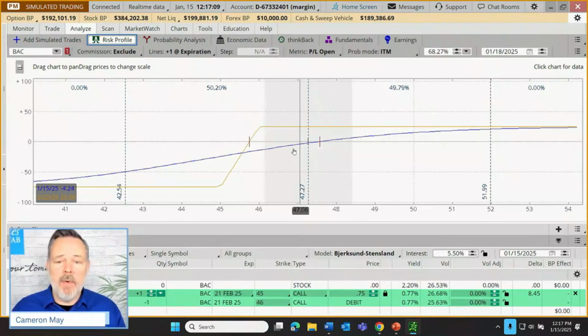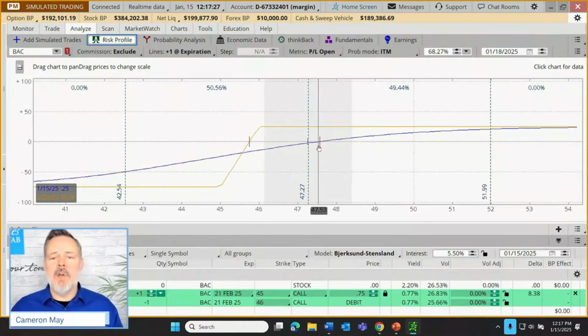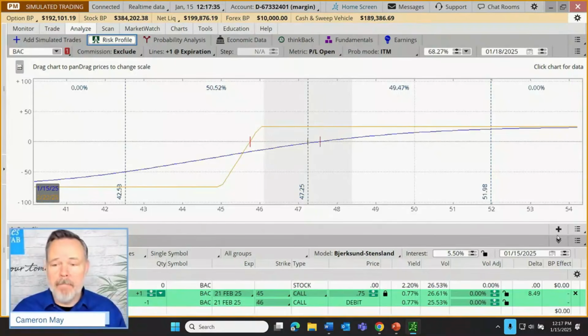What if the stock were to fall today? Well, let's say we drop down to 46 bucks. Now we look at that little blue number, and it shows this trade would be off to kind of a rough start. We'd probably be sitting on about a $14.25 loss. So that's the purpose of this blue line. It shows us how the trade might be performing on dates other than expiration, starting with the current day.